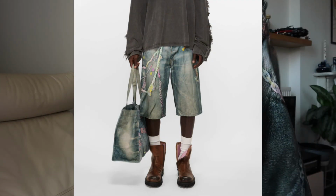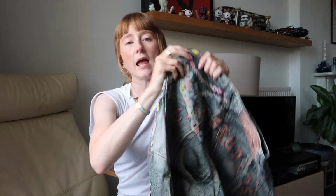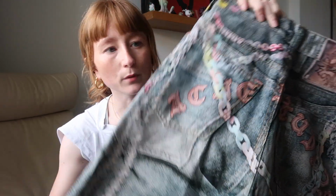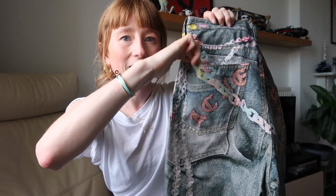And basically they're covered, so they are denim, but it's a very soft denim, and then printed onto the cotton is a denim print. It's hard to explain. So this isn't actually denim, this is a photograph. In the fashion industry, this is called trompe-l'oeil. So when you make a garment look like something it's not with a printing. So on the back you've got the pockets printed, but the pockets are actually here,